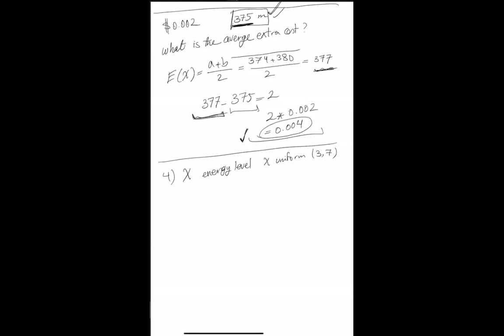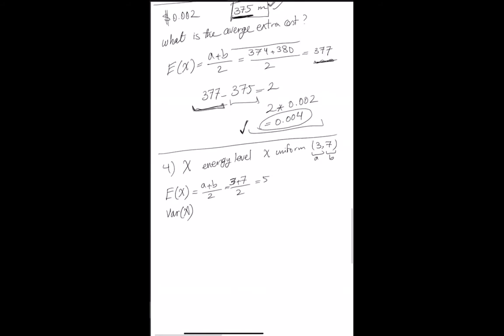The question is, what is the mean kinetic energy? Okay, so what is mean or average or expected value of x? This is my lower bound A, this is my upper bound B. So average of x is a plus b divided by 2, 3 plus 7 divided by 2, that's 5. What is the variance of x? We already calculated the variance of another uniform random variable a couple of questions before, so you can easily calculate that, so I'm not going to repeat that again.